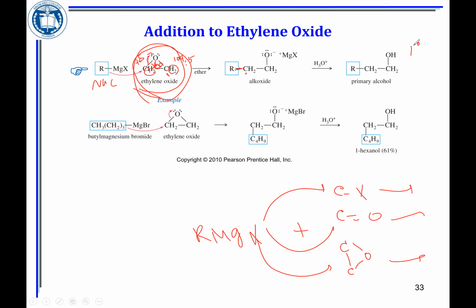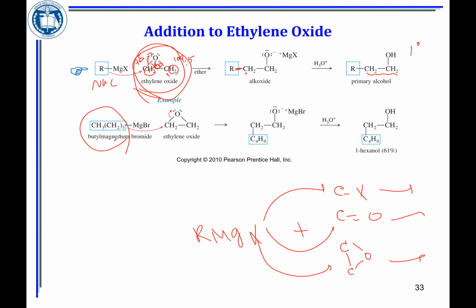What's the difference between getting primary alcohol from adding ethylene oxide or formaldehyde? With the formaldehyde, you get addition of 1 carbon. When you add ethylene oxide, you would get addition of 2 carbons. So we have the R group here and 2 carbon coming from ethylene oxide. So if you have a Grignard reagent with 4 carbon here, the product is going to have